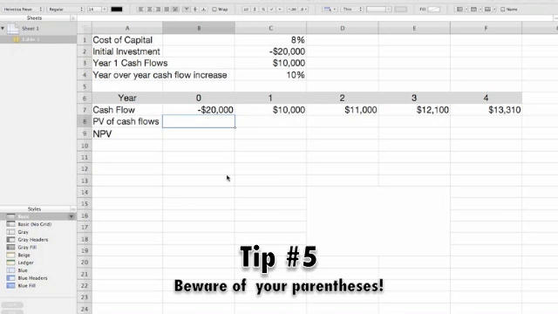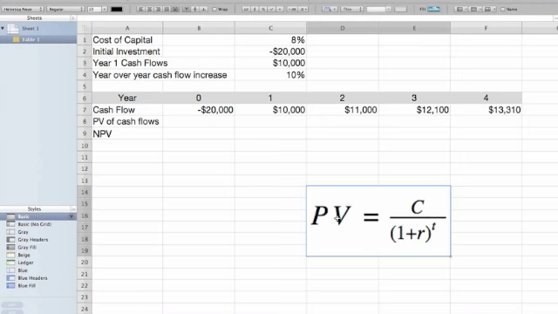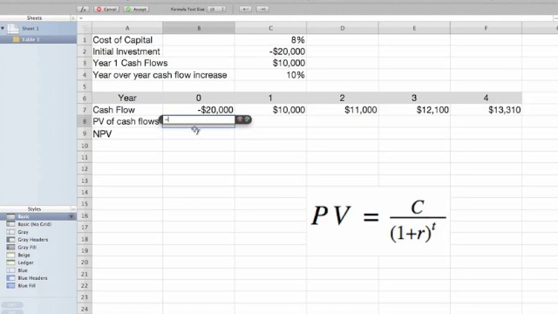Tip number 5 is beware of your parentheses. I'm going to illustrate this tip by calculating the present value of the cash flows in my example. In order to do this, I'm going to use this formula, which you will learn about later on in the time value of money. In order to type this formula in my formula bar in the spreadsheet, start with equals, and I click C, which is the cash flow,